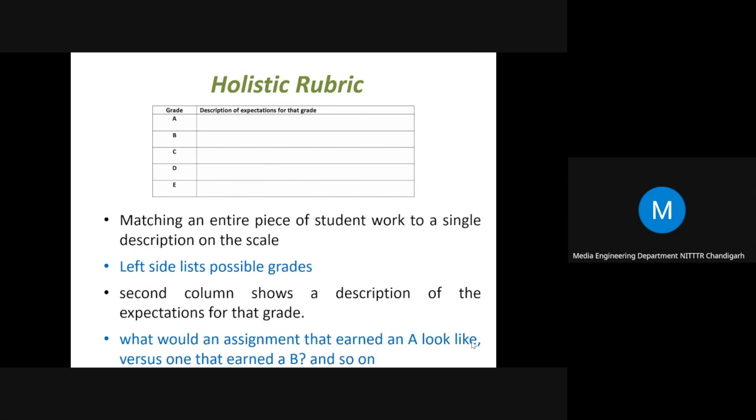If the student is matching the corresponding expectations, then we'll award that particular grade. These descriptions describe what an assignment that earned an A will look like, versus one that earned a B. If we are awarding the highest grade, how is that different from grade B, how is that expectation different, and so on.